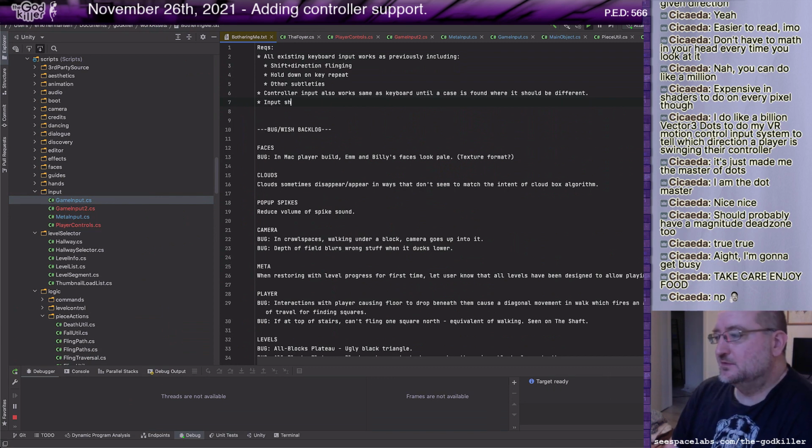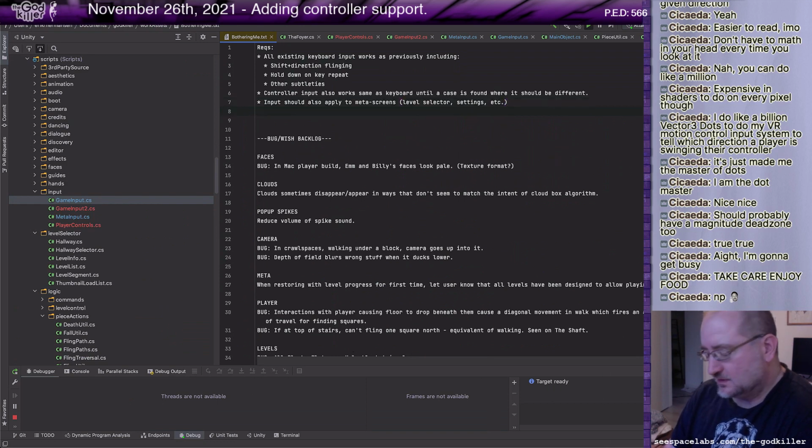Input should also apply to meta screens. Level selector. Settings, etc. Okay.